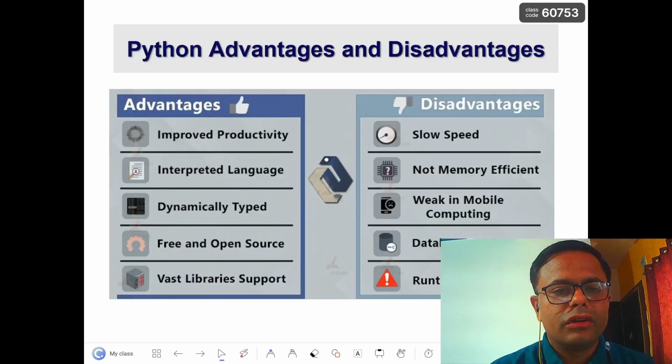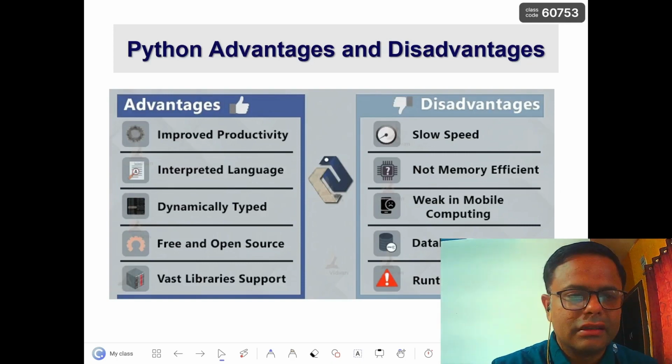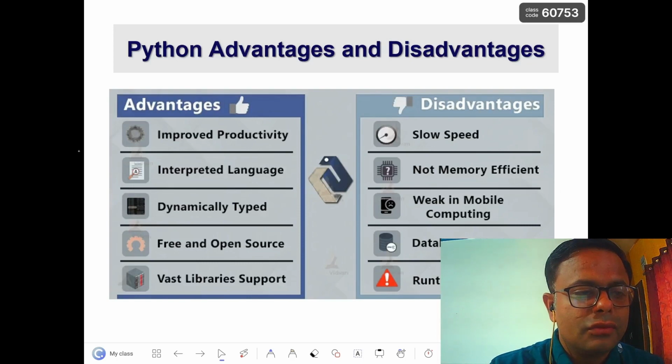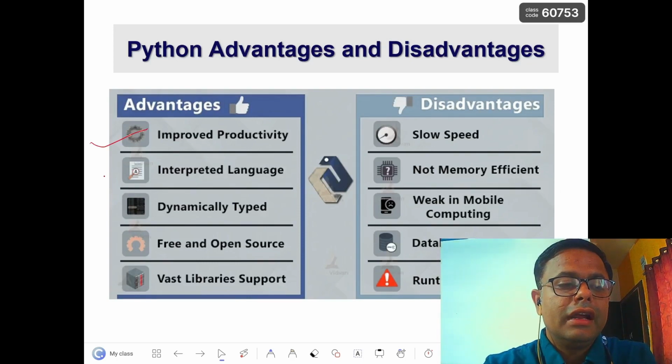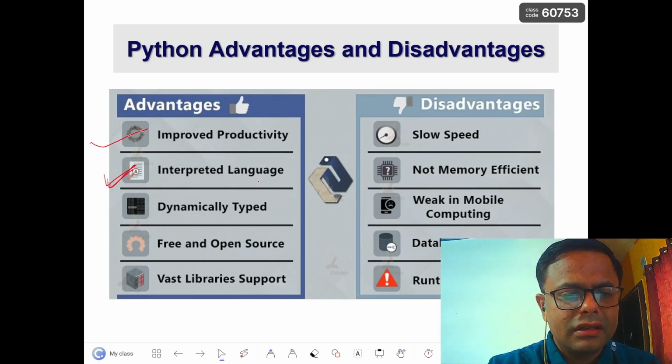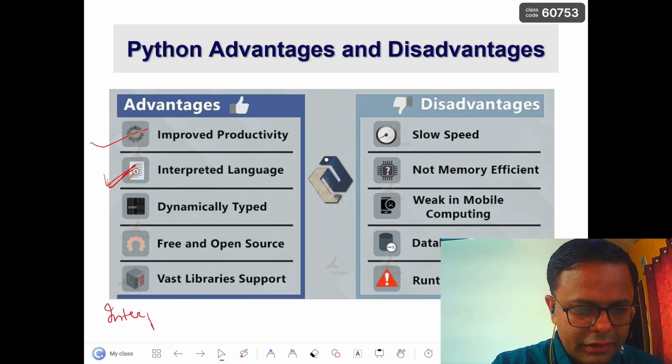Now we are working on the plus and minus, or advantages and disadvantages, right? So what are the advantages? Most important, it improves productivity because fewer lines of code are there. It is an interpreter based language. I just want to explain this thing. Interpreter based language